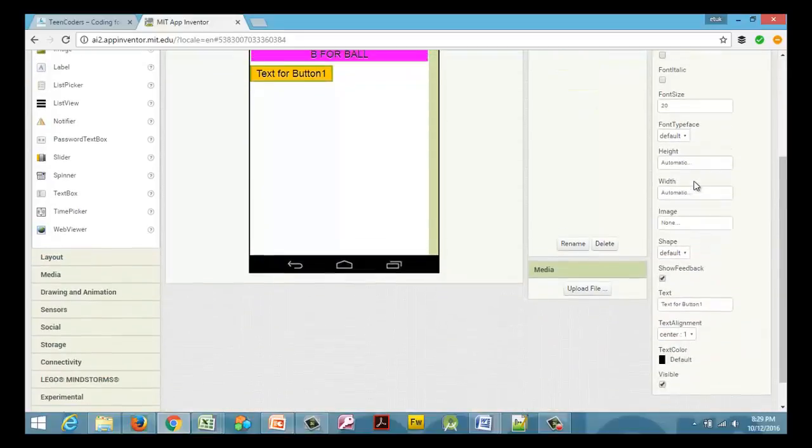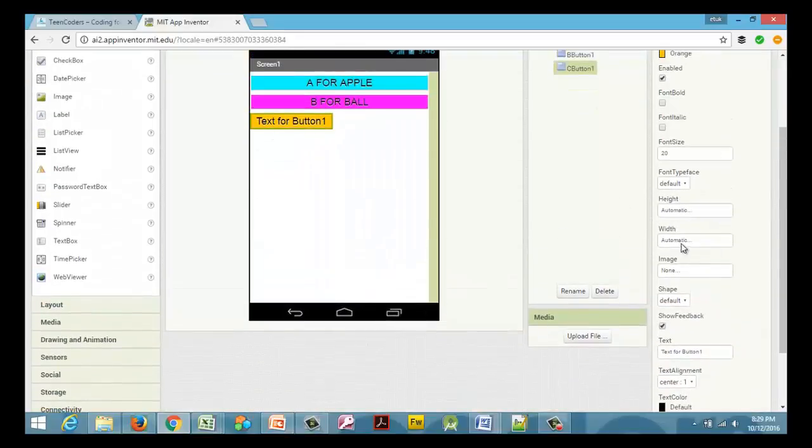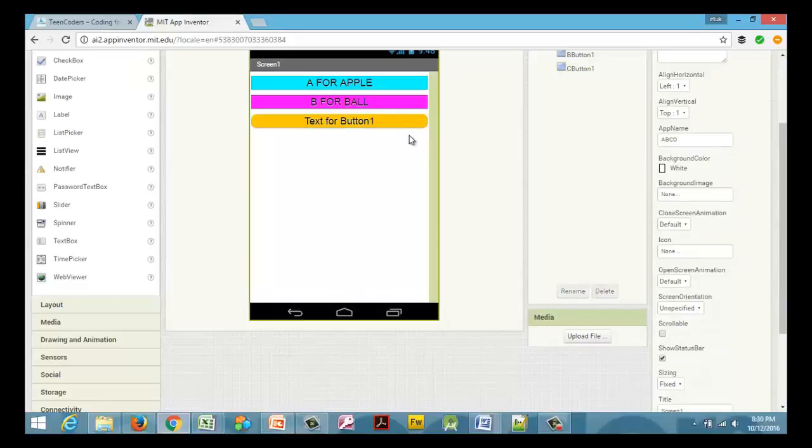Height talks about the height of the button. Width talks about the width of the button. So you have automatic, fill parent, which means it should fill all sections of the screen, and pixel and percentage of the screen and all that. Image is if you want the background of the button to have an image on it. The shape you can take, we're using default, but if you check